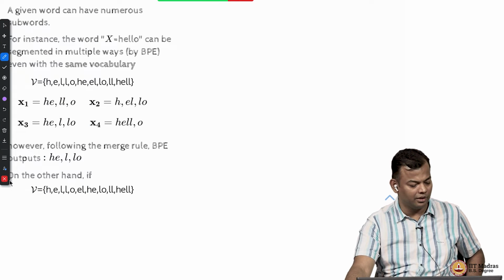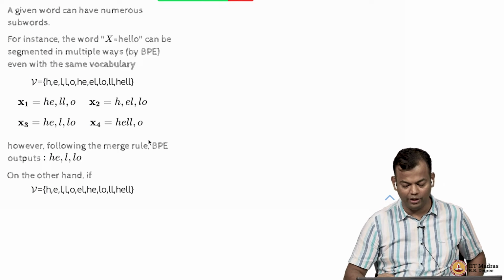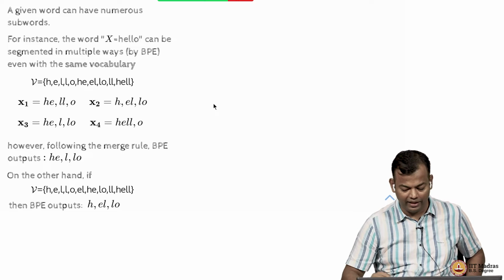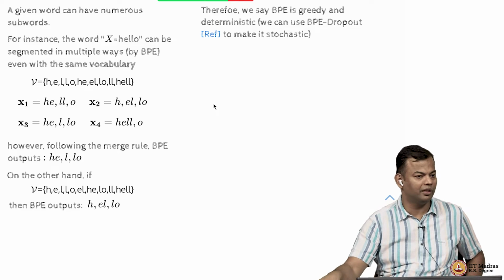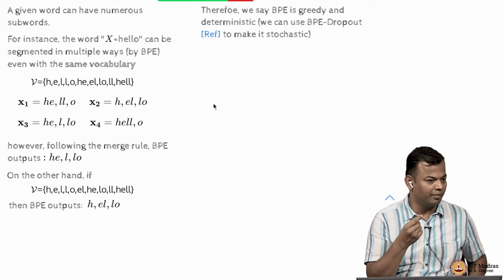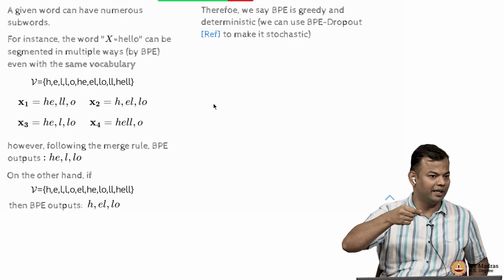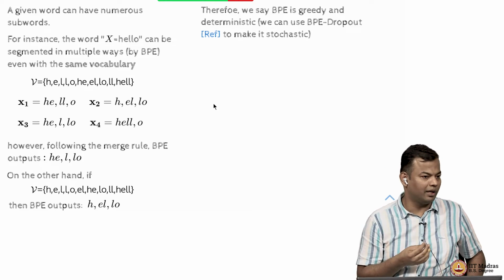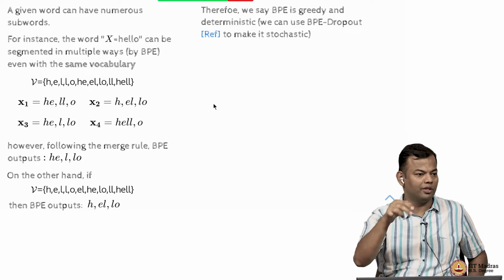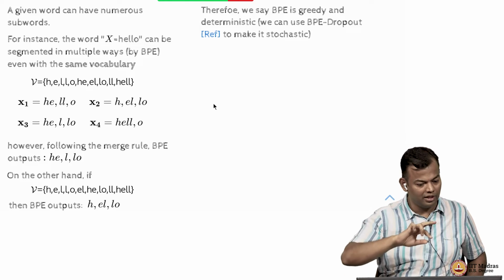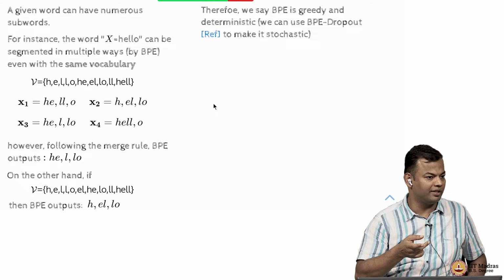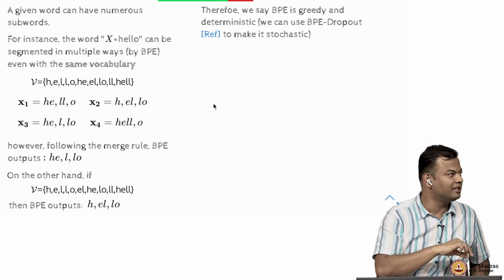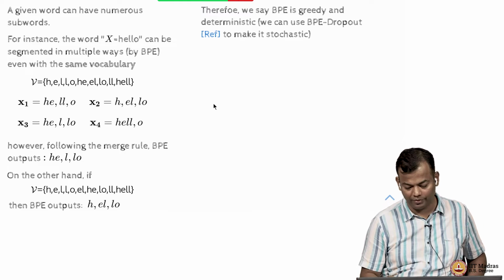This reinforces what we already know, that a given word can have many segmentations. And BPE is very greedy and deterministic, because it goes over the merges in a greedy way and is not really thinking about what the best segmentation is. It just says, if I go in this order, this is the segmentation. The same vocabulary could have given you different segmentations. Is one better than the other?